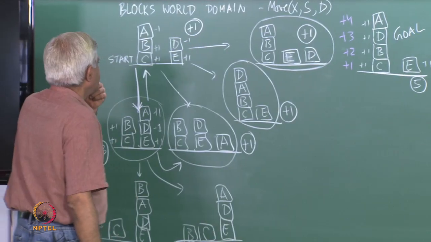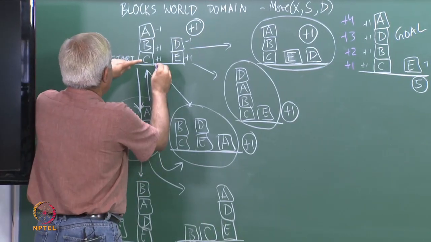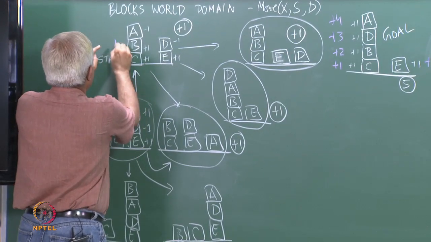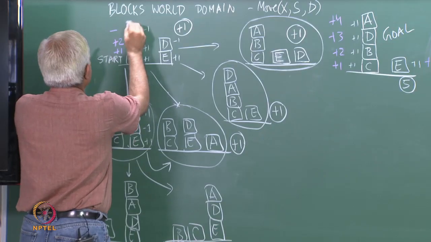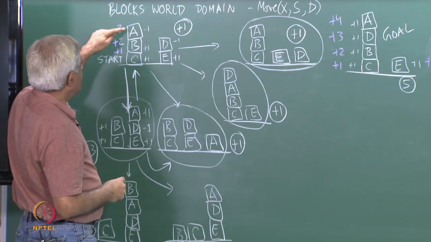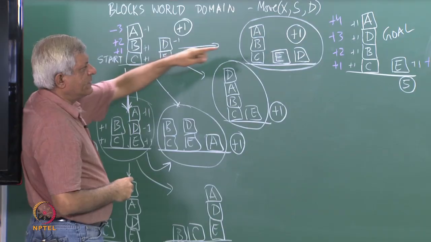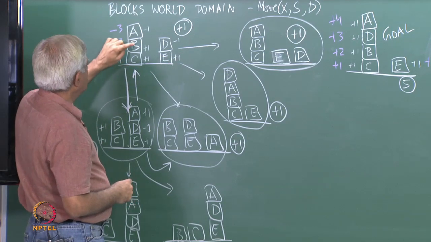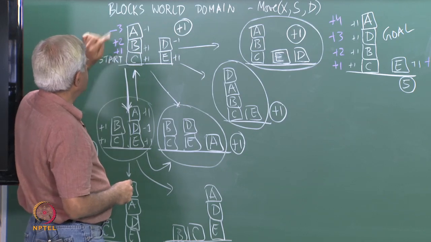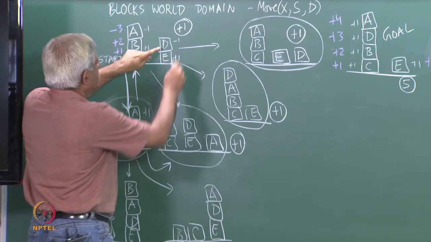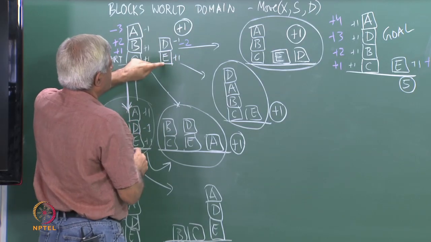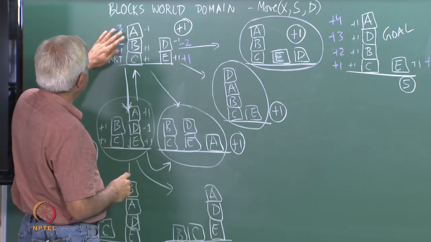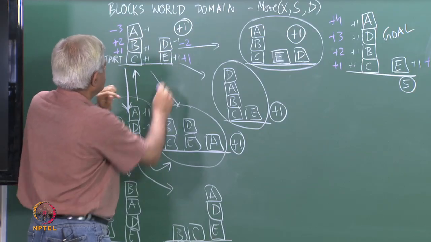Let us look at the start state. We will add +1 for C, +2 for B, and -3 for A, because it is on a wrong structure. It should have been on ADBC, but it is on ABC, and ABC is not a correct structure. So, 3 things below it are wrong, so we do -3 for here. Likewise, we do -2 for this because it is on a wrong structure, and +1 for this essentially. So, this 3 and 3 cancel out, these cancel out. So, this is -1,